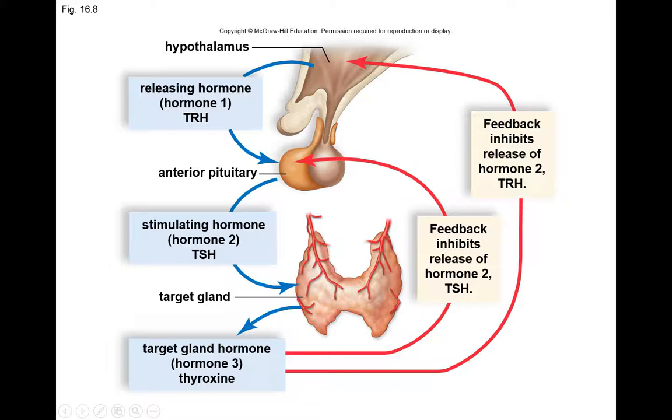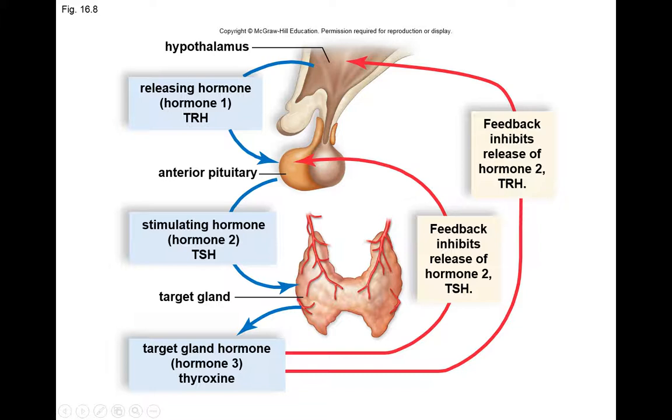But if we have low levels of thyroxine in the body, then what will happen is the hypothalamus will release its hormone called TRH to the anterior pituitary, and that'll stimulate the anterior pituitary to release TSH, which enters the bloodstream and binds to cells on the thyroid gland, and then the thyroid gland will secrete thyroxine to the bloodstream. So it's kind of a multi-step process. The hypothalamus has to secrete some hormones to the anterior pituitary. The anterior pituitary releases hormones to the blood, which binds to the thyroid gland, and then the thyroid gland secretes